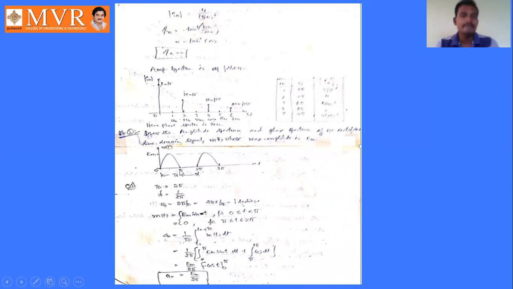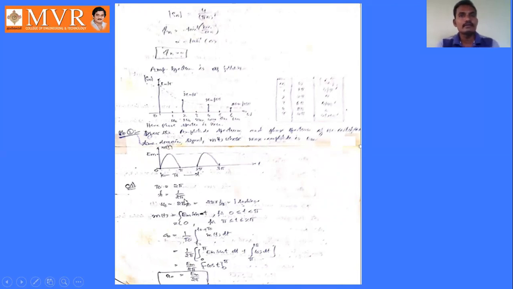The signal is varying from 0 to 2 pi. Here the time period is taken from 0 to 2 pi. From 0 to pi, we have a sinusoidal wave. From pi to 2 pi, there is no sinusoidal signal, and we get the output as 0. The whole thing will be repeated periodically. So the total time period T naught is from 0 to 2 pi, so T naught equals 2 pi, and f naught is the reciprocal of T naught, that is 1 by 2 pi.